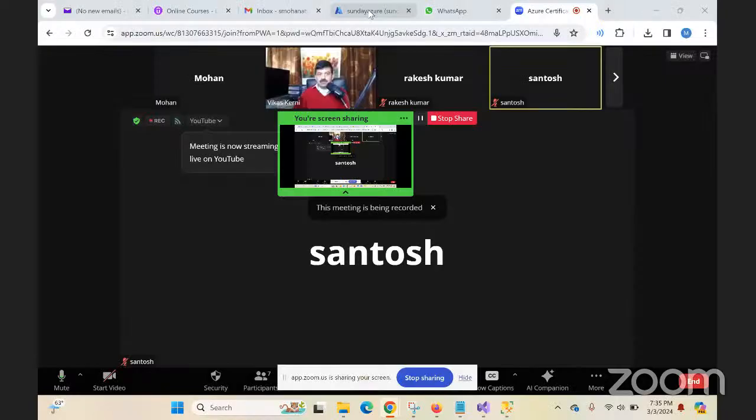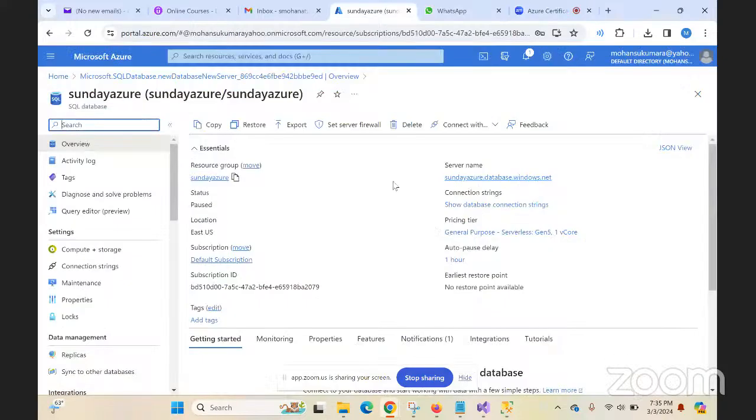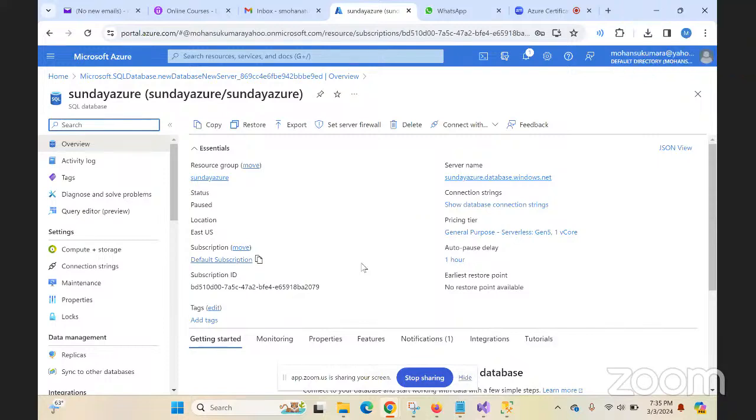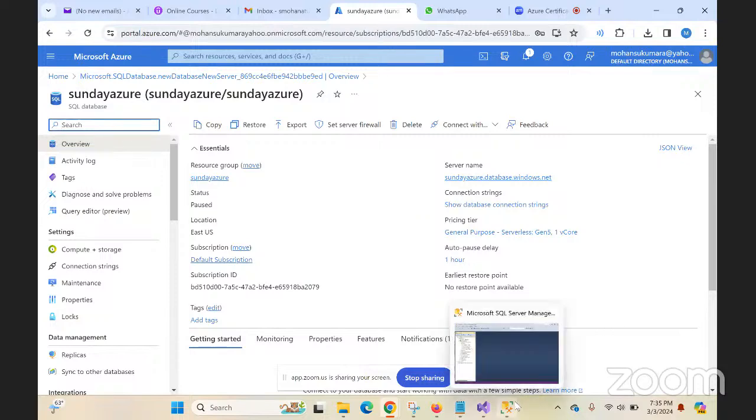Okay, so I got the permission. Let me share my screen. Hope you all see my screen, right? Yes. Okay, so as you know very well, I gave a session about how to create the functions with a basic module. Today, as I'm going to connect to the database, I went and